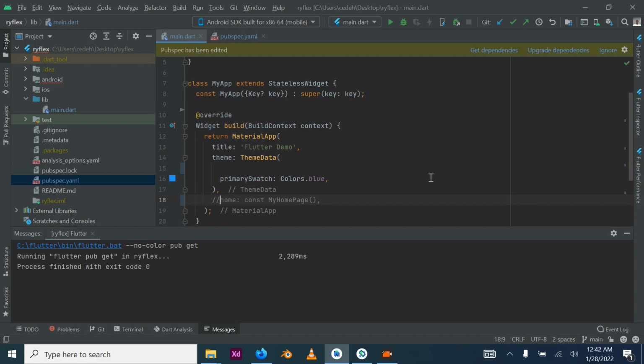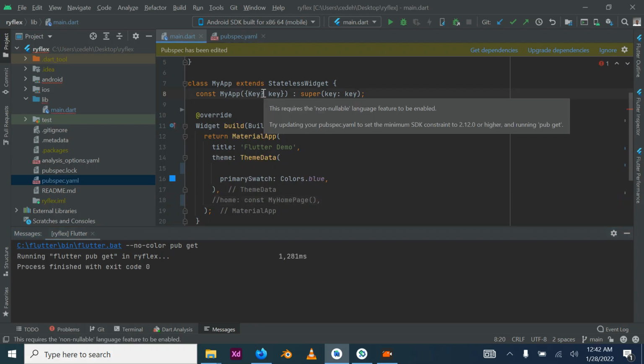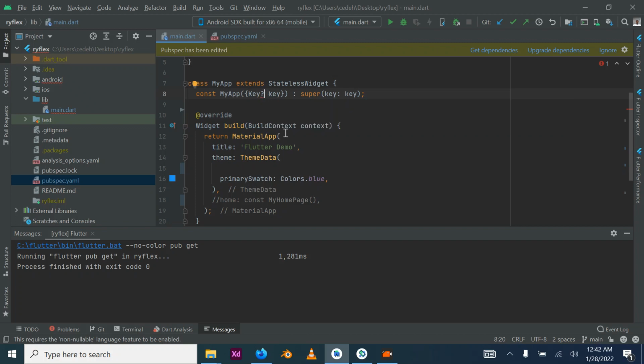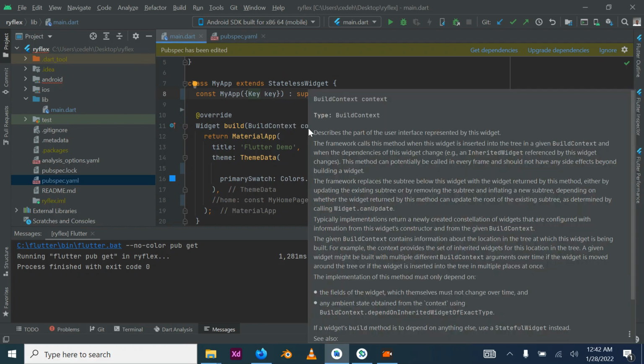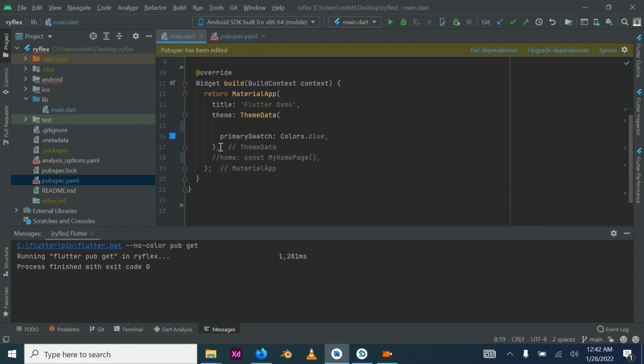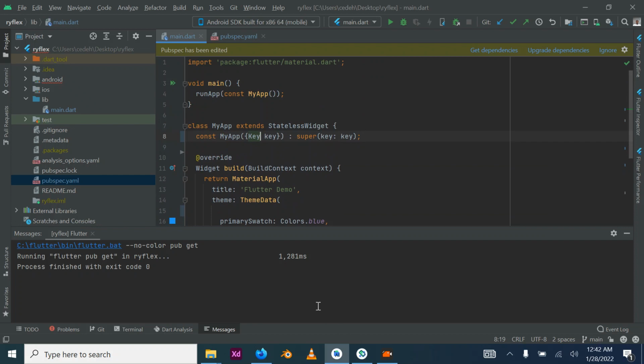You will see some couple of errors. Let's do get dependency first. It should give us an error here. This error is because we've disabled null check, and this is the null checker. So we remove this as well, this question mark. So with this removed, the next thing we are going to do is to go over to our Firebase and